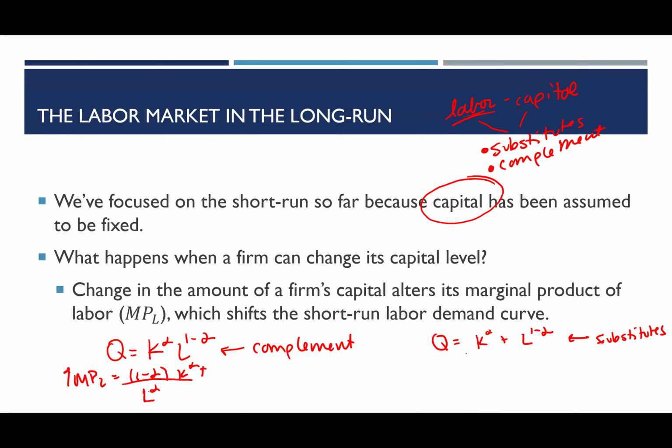In our alternative production function here, if we find the marginal productivity of labor, we see that it only depends on labor itself, right? Capital goes away because it's treated as a constant, all right? And it's just the amount of labor that impacts how productive it is. So because we're going to assume that most firms are working with a Cobb-Douglas production function, we're going to be talking about capital and labor primarily as complements to each other, okay?